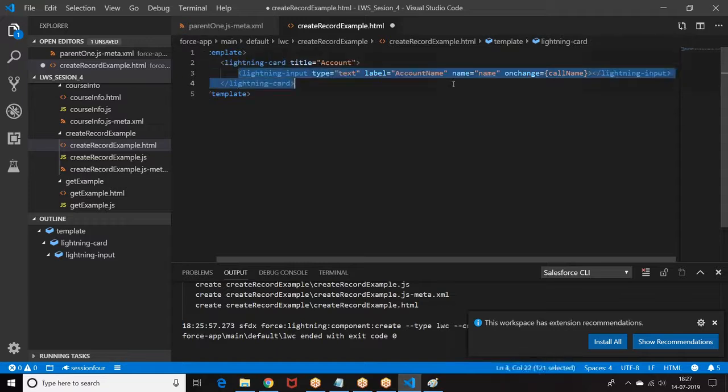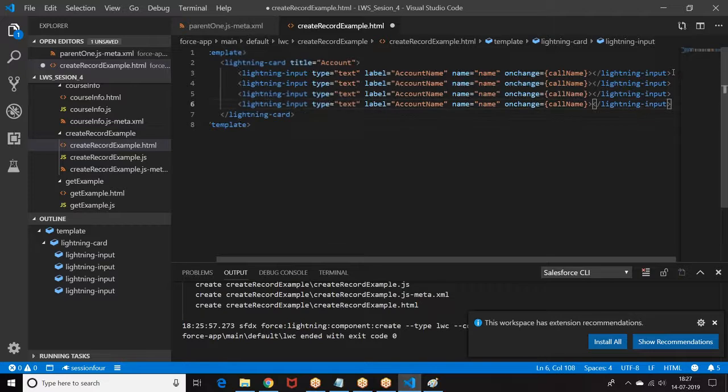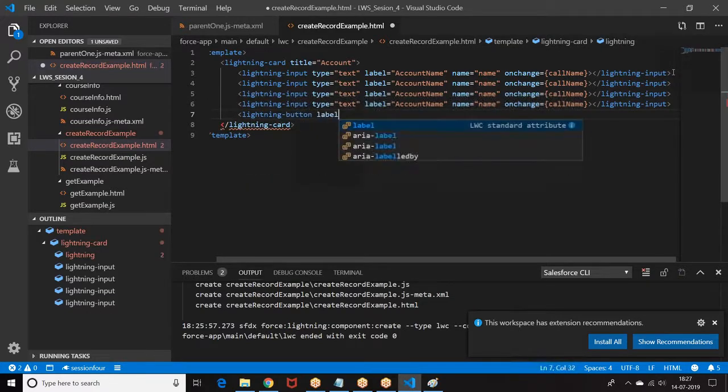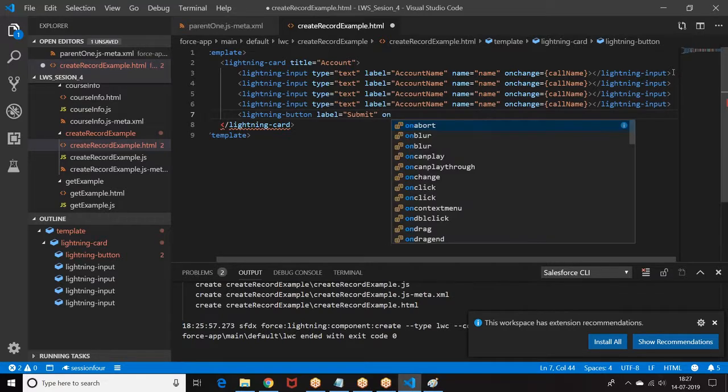Similarly, I'll also go with other properties here. I'm going to create a Lightning button, label submit, onclick.